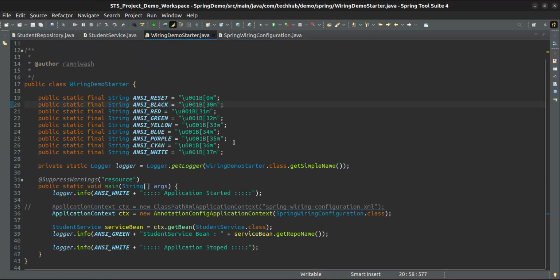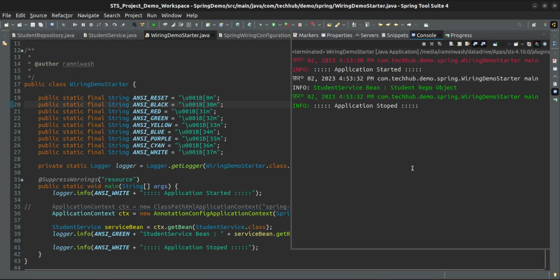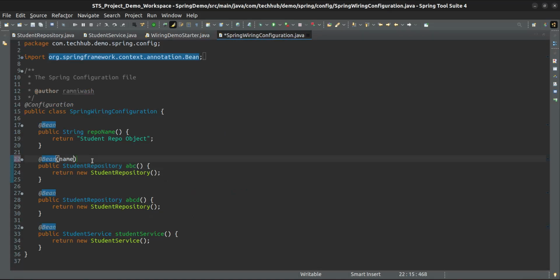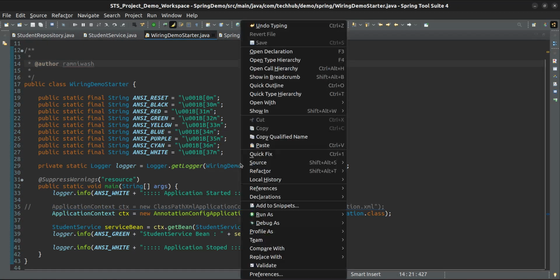Okay, this one is the starter. Yes, it is working. So this way we can do. Or else if we want to specify the name here, you can specify the name. What is the name? XYZ is the name. Now again, if you run this one,